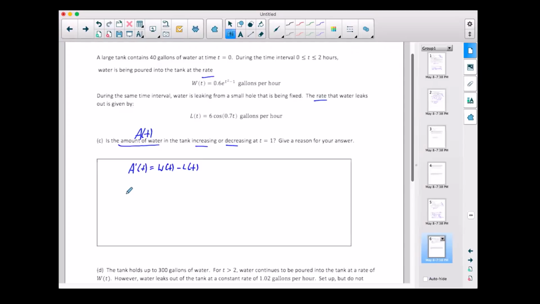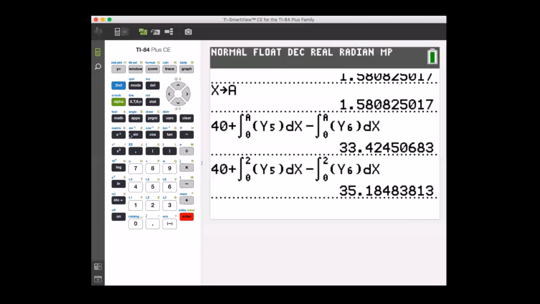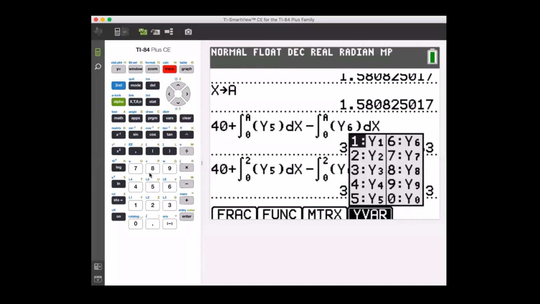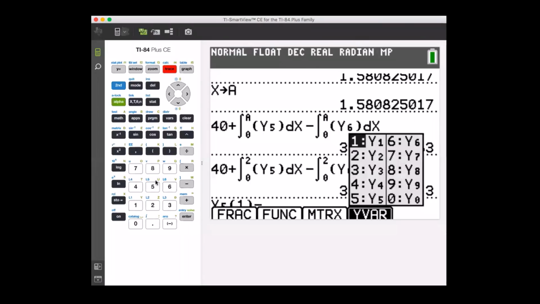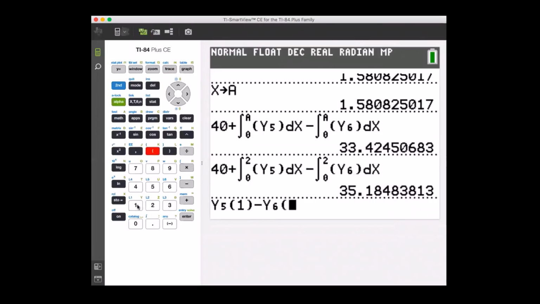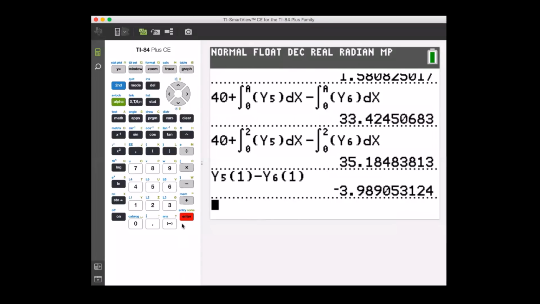And so all I have to do to figure out if the amount is increasing or decreasing at 1 is figure out if A prime of 1 is positive or negative. And A prime of 1 is simply W of 1 minus L of 1. And since we already have those stored in our calculators, W of 1 is just going to be Y5, right? That was our W. That's our rate in at 1, minus L of 1. And L of 1 is just Y6 of 1. And this gives me negative